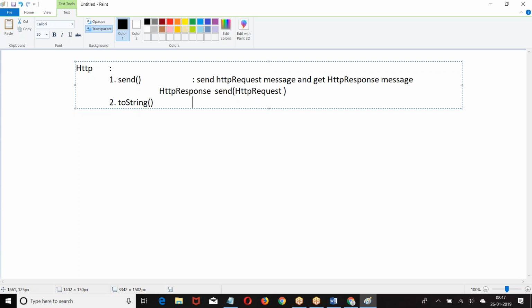Next, toString. This will convert the request into string format.